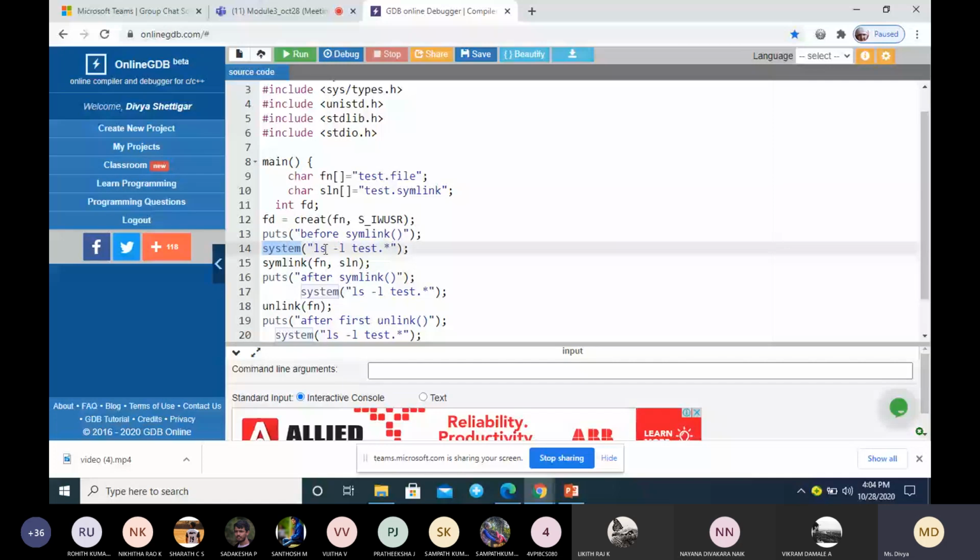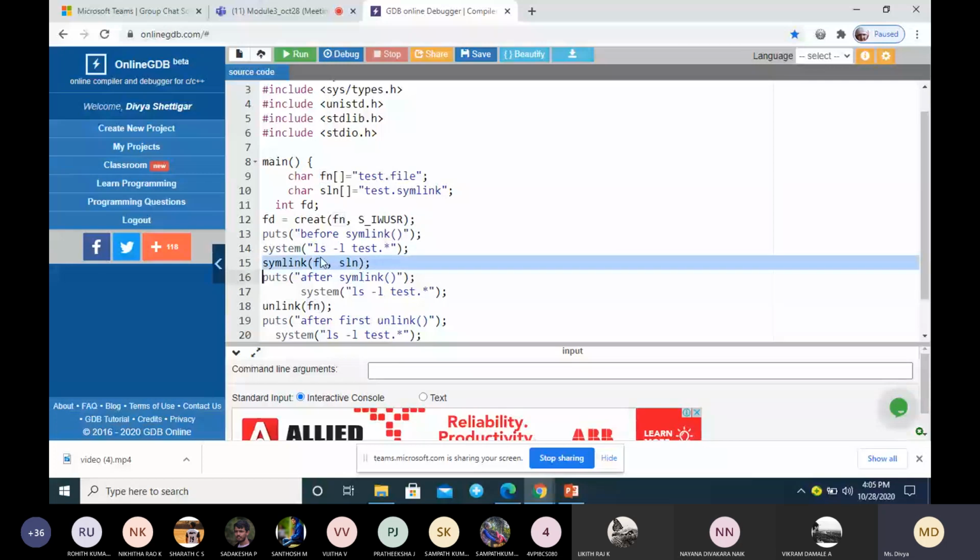Now I am using the symbolic link function. What are the parameters of symlink? First you have to specify the original file name, and then the symbolic link file name. So fn is test.file and sln is test.symbolic link. This is the symbolic link name, and this is the path name, the original file name.